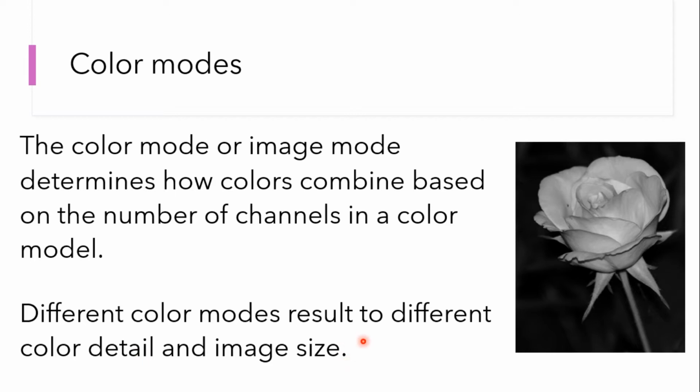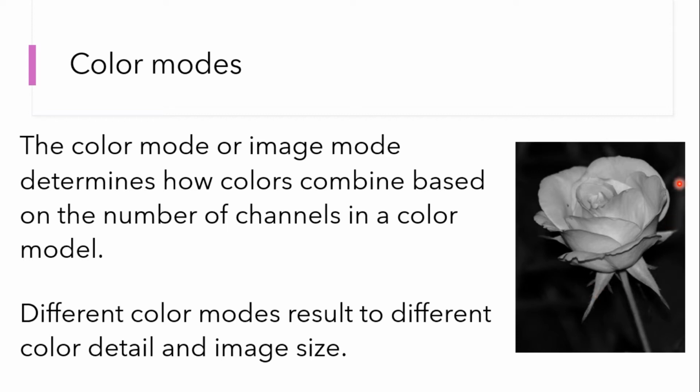We have some color modes that can allow you to display colors in a rich way. That means all colors are represented in high definition. You can see them clearly and differentiate one color from the next, depending on how good the camera was. In all these, there are also some modes that will not display the color as rich as others. So because of these different modes at which colors are displayed, we are now studying color modes. If you look at the right hand side, in our previous lesson we talked about grayscale mode. That's another form of color mode.